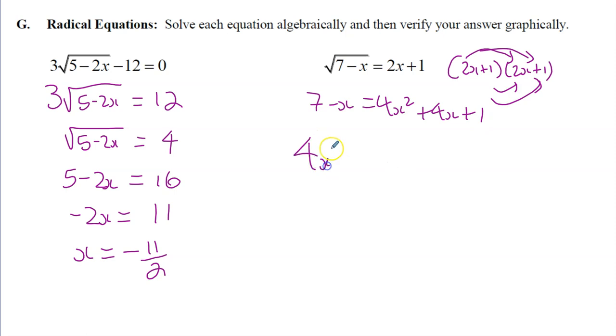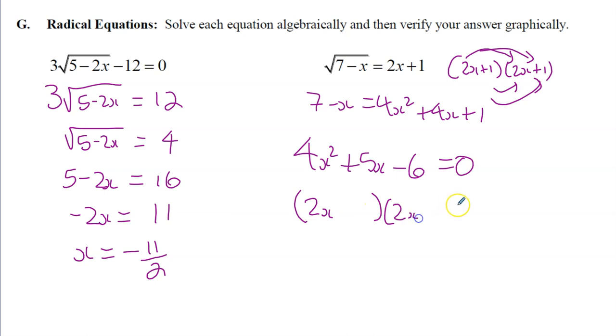So to solve this, it's got to be equal to 0. So this minus x comes over here. It's going to give me a plus 5x. And we're going to subtract 7 from both sides. Minus 6 is equal to 0. And then we'll see if they were nice. And this is